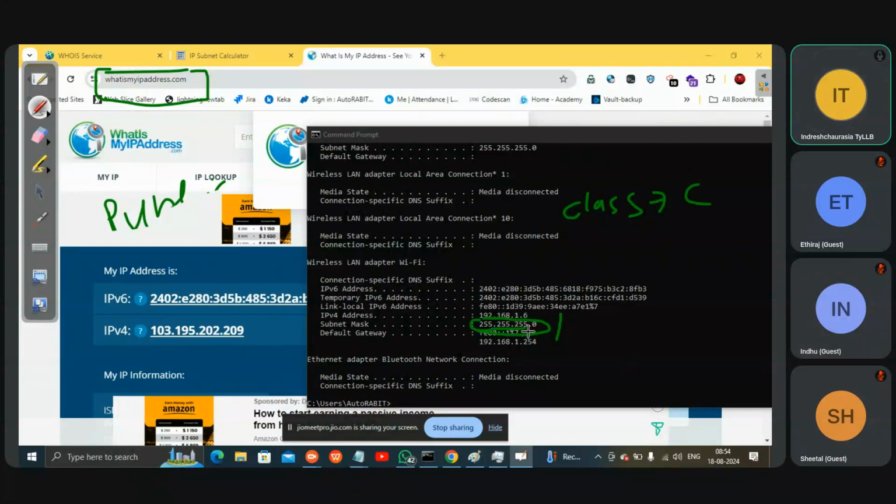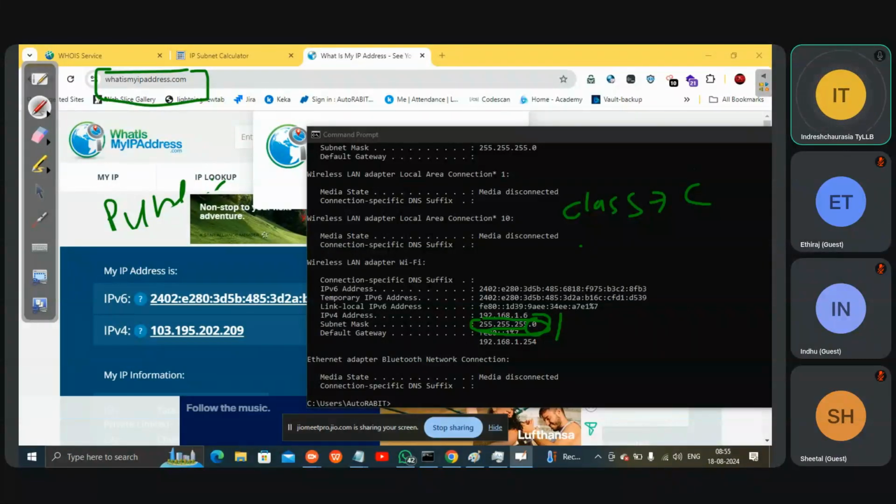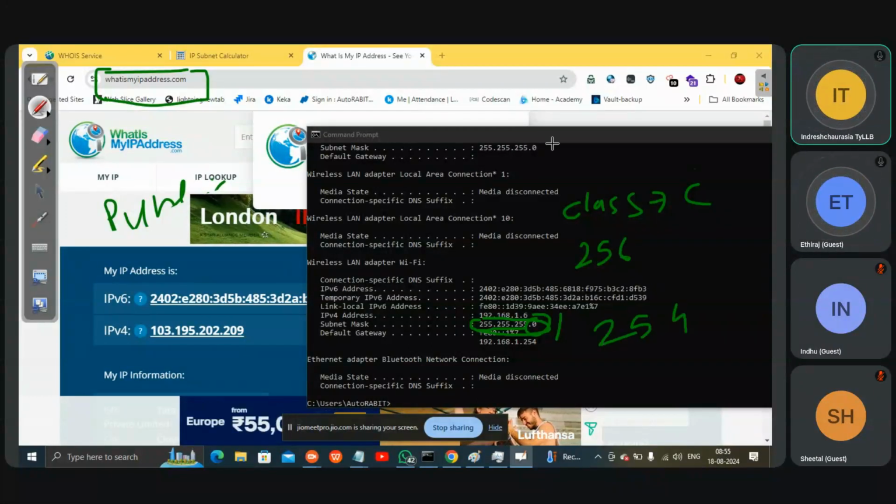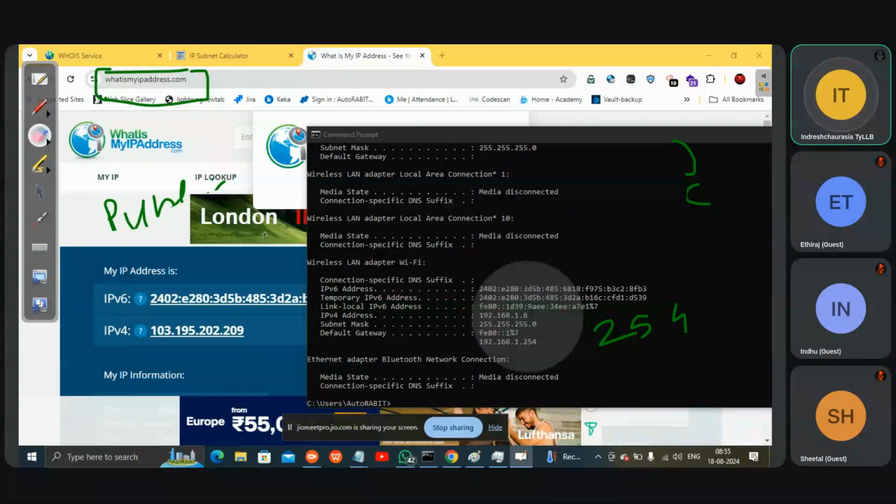Now, when you are saying slash 24, how many hosts are available? I mean, within the same network, how many hosts can I communicate with? It's simple, 256. And how many are usable? 254. It is 2 raised to 32 minus 24. Simple. This number will come, then we will do a minus 2. Now, when you are seeing this one, what does this IP address mean?